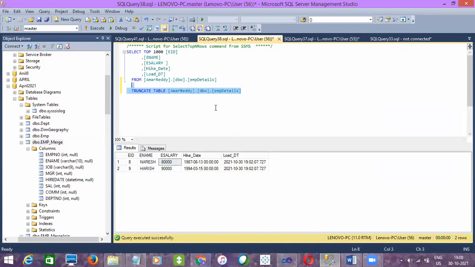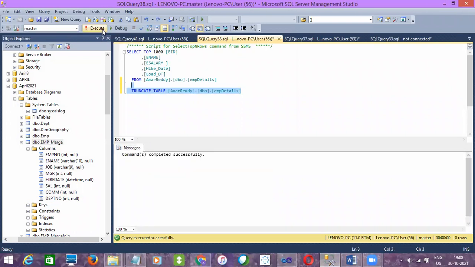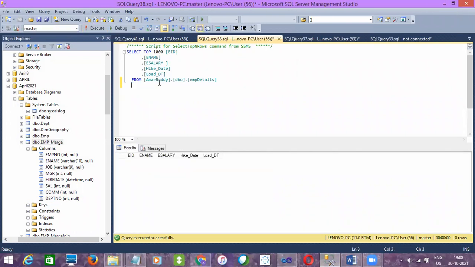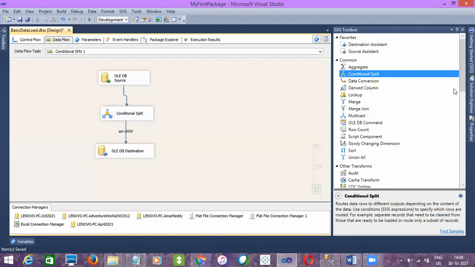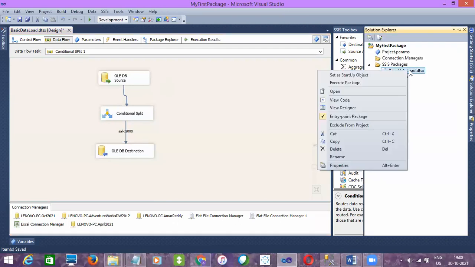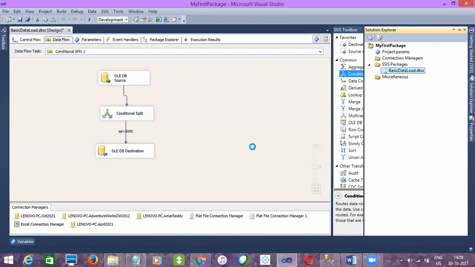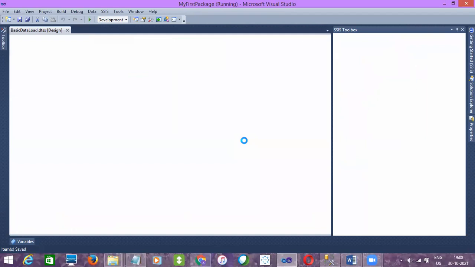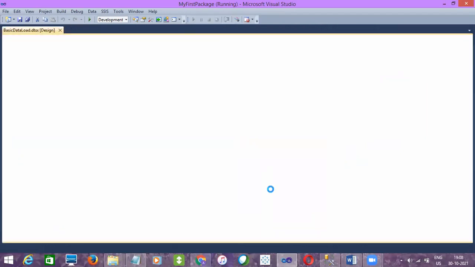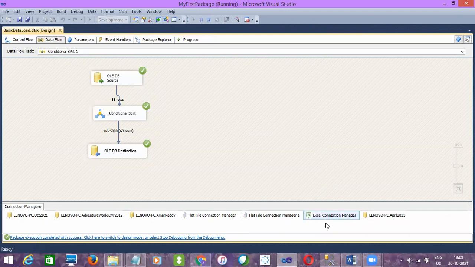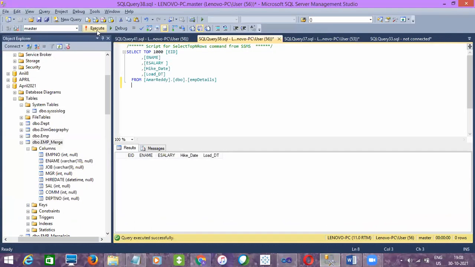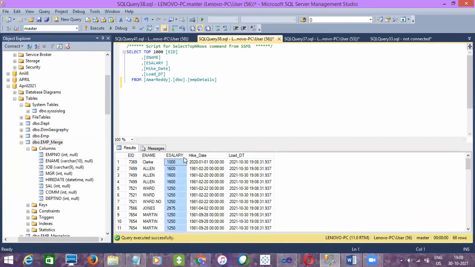So let me truncate it. That's where we caused the issue, I guess. Let me check it, and then let me execute. It should load only less than 5,000. Yes, if it disconnects again, I'll send back the link, join back. 68 rows. Let me check the data. Can you see all are less than 5,000?